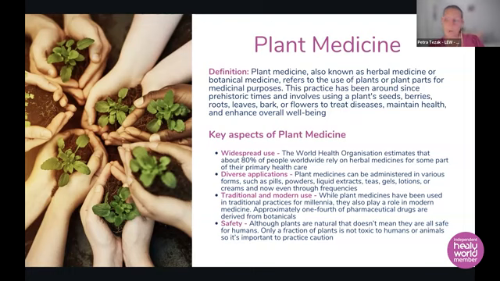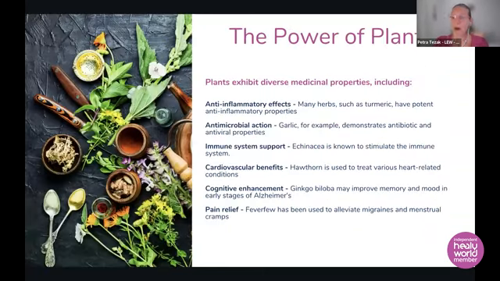And that's no different when we're using it in a frequency form. Although the plants that are used in the database that we have are all beneficial plants and good for the body, they still have an entity, a respect and honor, and a story to tell. So I really want to invite you with this new database into exploring that story. So let's look at the power of plants themselves.